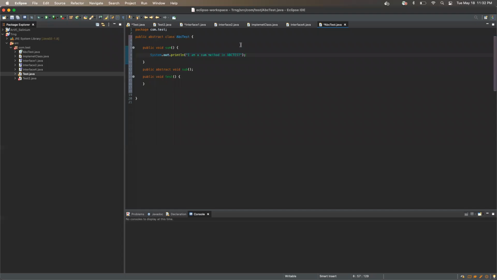I have a sum method in ABC test here. So this is what I have. Now, the implementation of this sum method, how it works,